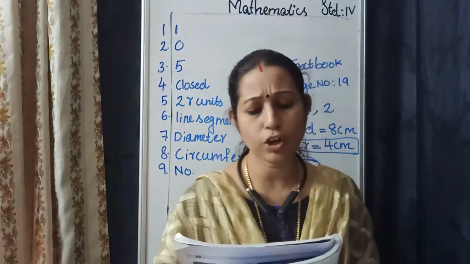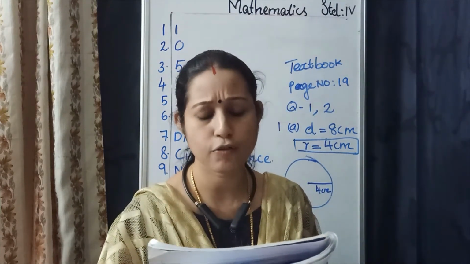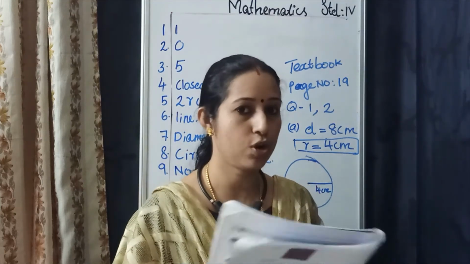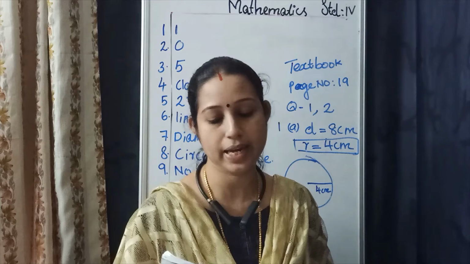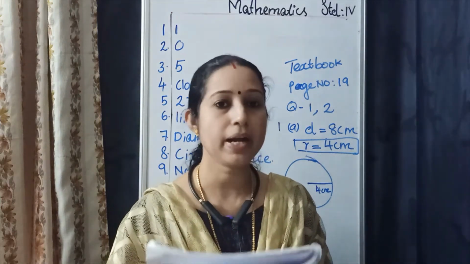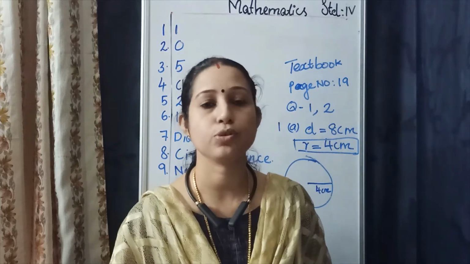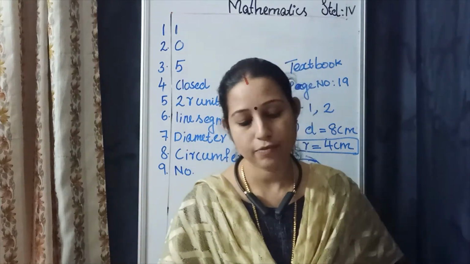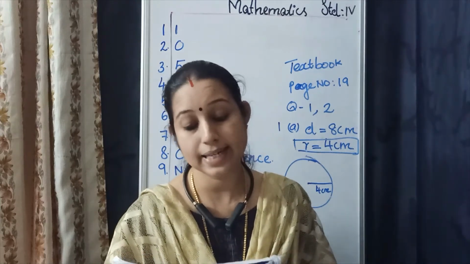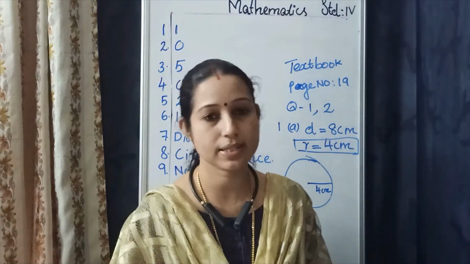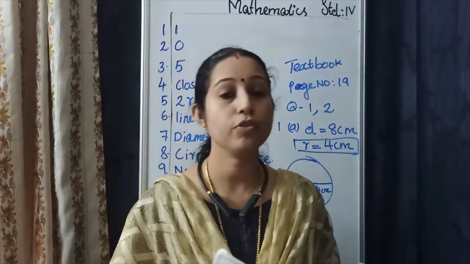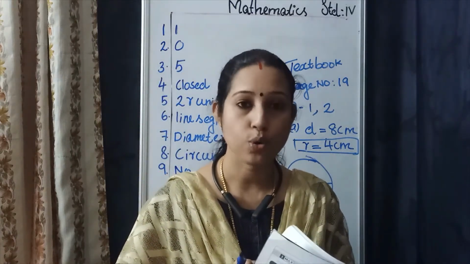Word problems. Reena has a bangle of radius 2 centimeter. What is its diameter? That we already explained how to find. Using that formula, first you write the formula, then write the statement. After writing the statement, substitute the values in that formula. Same way, next question: the lid of a soft drink can is 8 centimeter in diameter. What is its radius? So these questions 1 and 2 are your homework, which you have to do in your notebook.